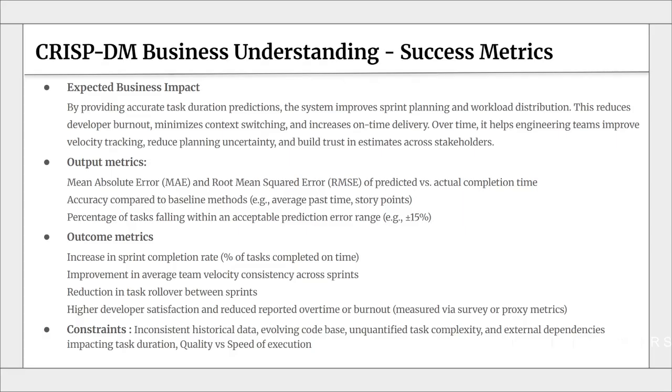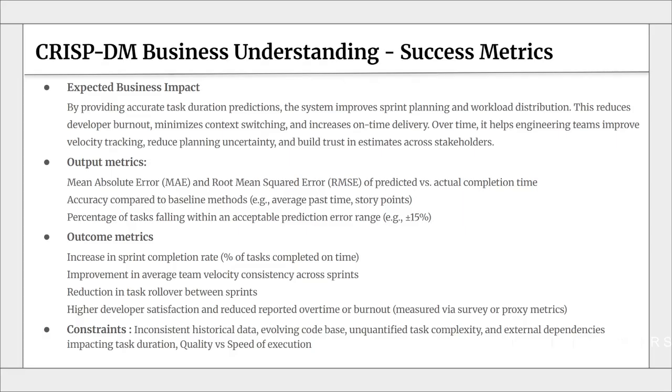The output metrics, which point to the factors that would have an impact on the model efficiency, that we would track are mean absolute error and mean squared error of predicted versus actual completion time, the accuracy compared to baseline methods such as average past time, a plethora of other overheads, and the percentage of tasks falling within acceptable prediction error ranges. This is very important because we can't achieve 100% estimation accuracy. So we might have an acceptable threshold through which we are fine accepting the deviation from